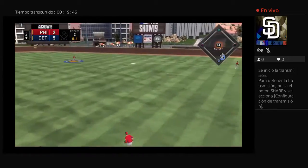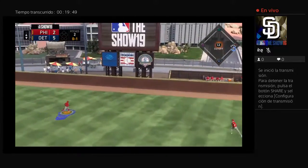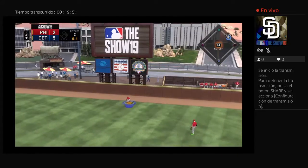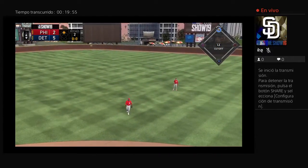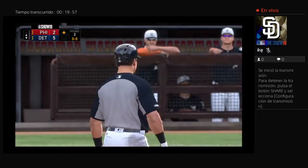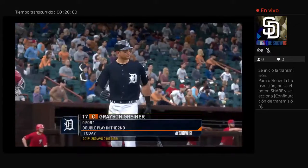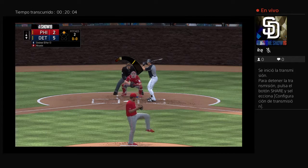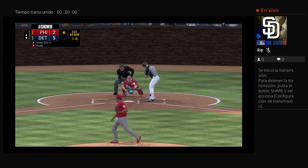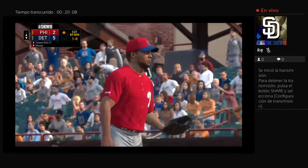Stung into the gap in right center for what should be extra bases. Around first, he's digging for second. And the Tigers are in business right away. It's a leadoff double. Wow, not sure what the pitcher was thinking, serving up a fastball right over the heart of the plate. His eyes got as big as saucers as he blasts this thing, putting himself into scoring position to start off